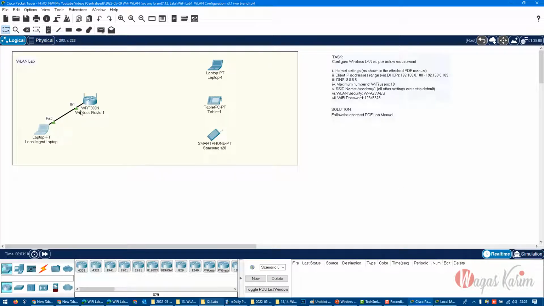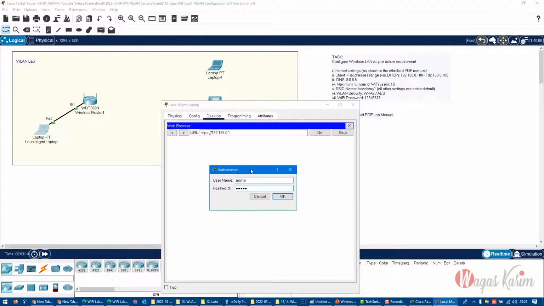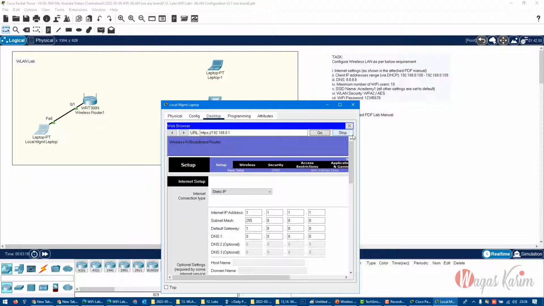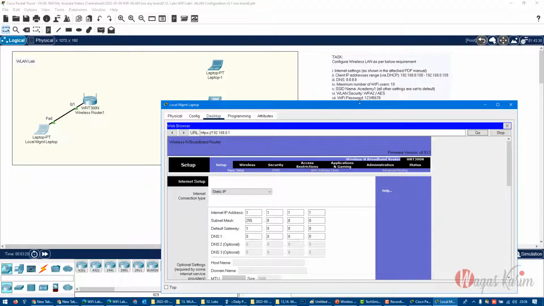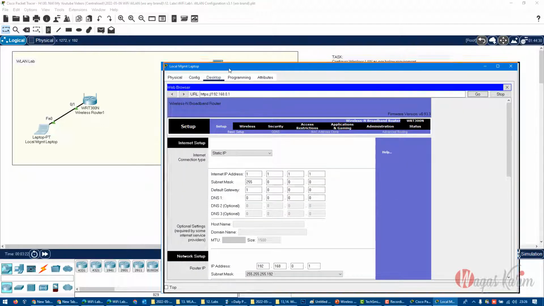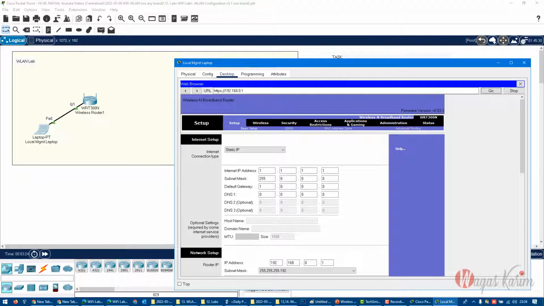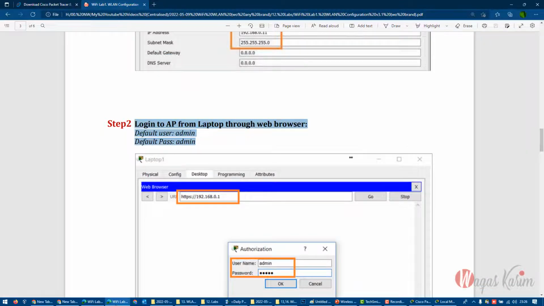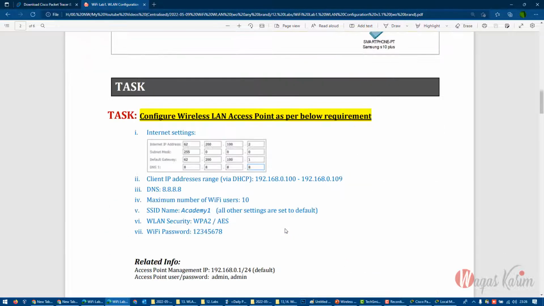So I have done the basic configuration in here and I have been connected. It asks for the password, admin. So I enter the password. Now it opens up the Wi-Fi router, just like in the real world, right? So let's do it step by step according to the lab configuration. First, we go to the internet setup. We leave it as static IP, and in here, our internet service provider has already told us that we must